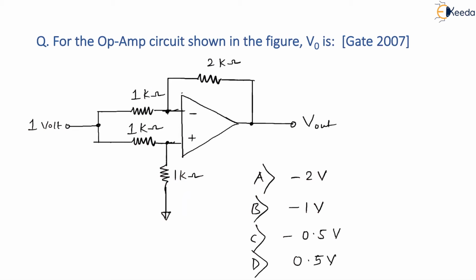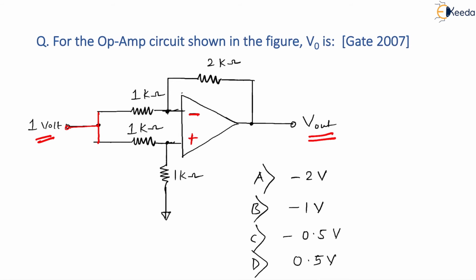Because I know the fact that there are two separate inputs, let me tell you. One is what we call an inverting input. The other one is called a non-inverting input. Can't you see that both of them are supplied with a common source voltage, which is 1 volt? So to apply superposition theorem, I can assume only one terminal at a time, while the other terminal is grounded, and accordingly I can calculate my respective output voltage. At the end, in order to get the effective output voltage, I'll take the summation of the responses which occur due to the individual voltages applied at the inverting and non-inverting terminals.